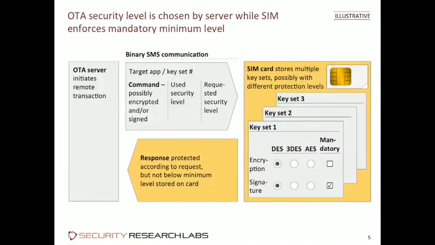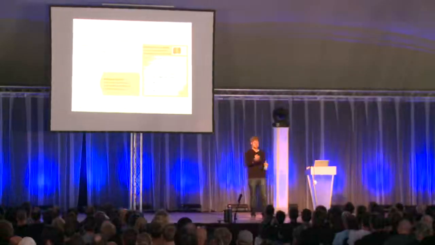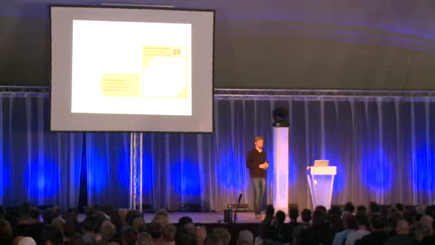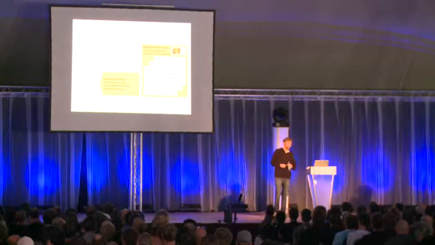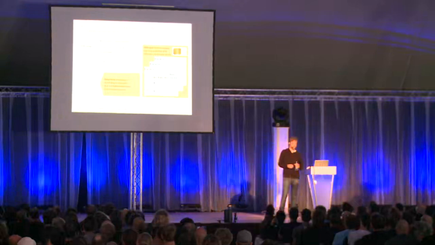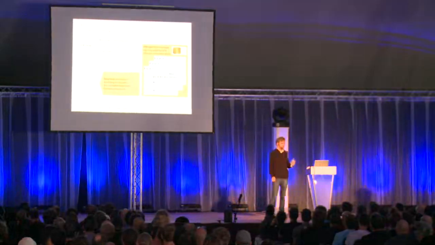These protocols that are used to deploy Java onto the card are called OTA, over the air, and they work by sending text messages of a specific format. These are not text messages that the user would ever get to see. They are specified so that the handset must send them directly to the SIM card, and pretty much every handset does that. So this is universally supported by phones. Don't inform the user, just put it on the SIM card. And for things like roaming management, that's probably advantageous. The user doesn't want to be buzzed with all that management stuff that goes on in the background.